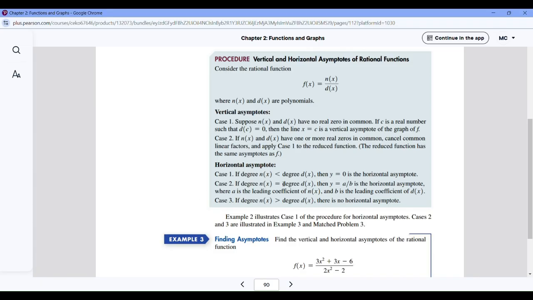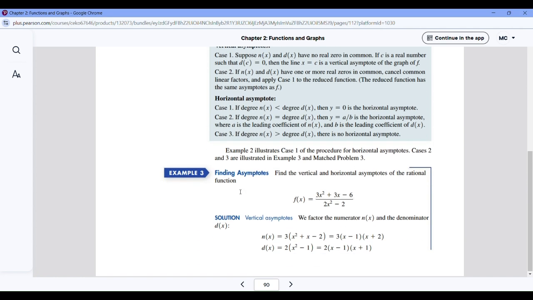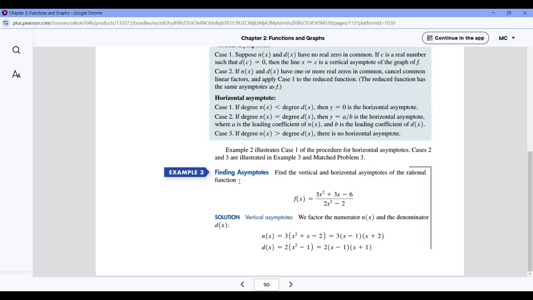If they are equal, then it's the ratio between them. So if this is like 4x squared over 5x squared, then it's going to be 4 over 5. If your numerator is bigger than the denominator, then there is no horizontal asymptote. So this is a little tricky, the 3 cases, but yeah. Okay, so here, if I compare 3x squared over 2x squared, they have the same degree, which